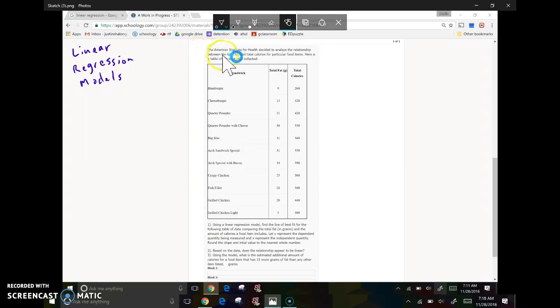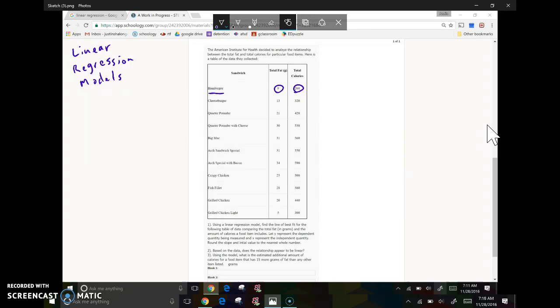So we have the example: the American Institute for Health decided to analyze the relationship between the total fat and total calories for particular food items. Here is the table of data they collected. You can see here's the food item hamburger, and a hamburger typically has 9 grams of fat and 260 calories. So what effect does the total fat that an item has have on the total calories that the